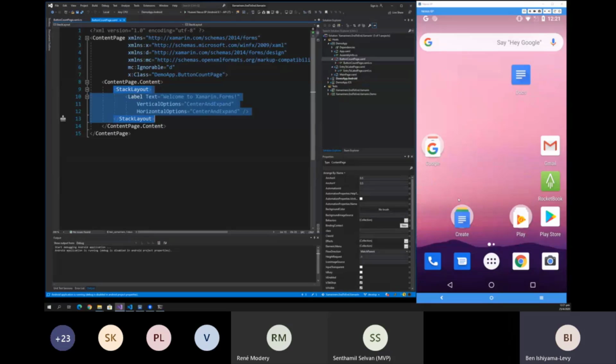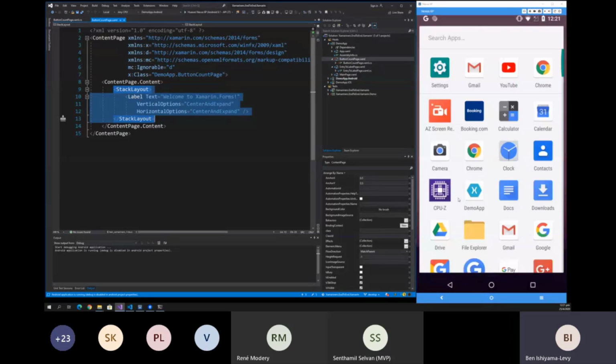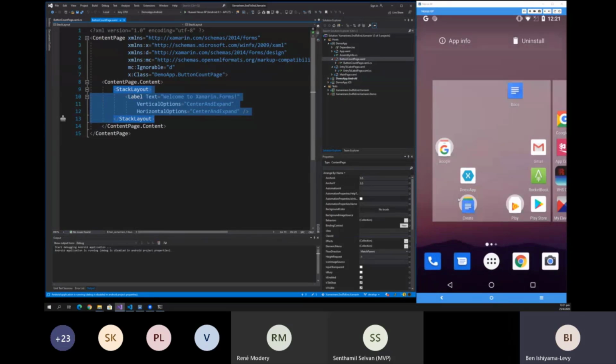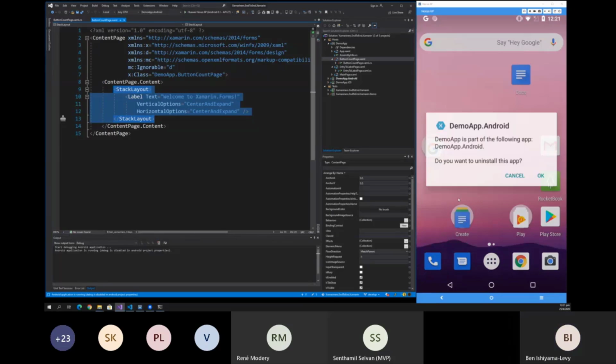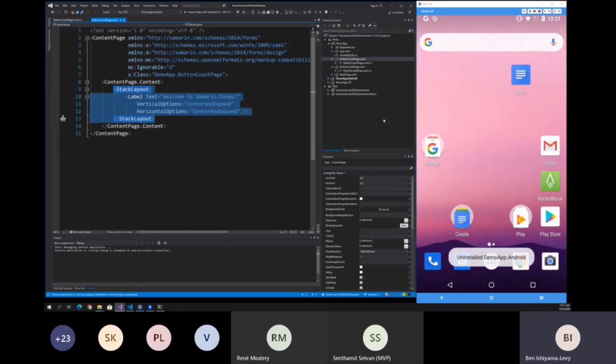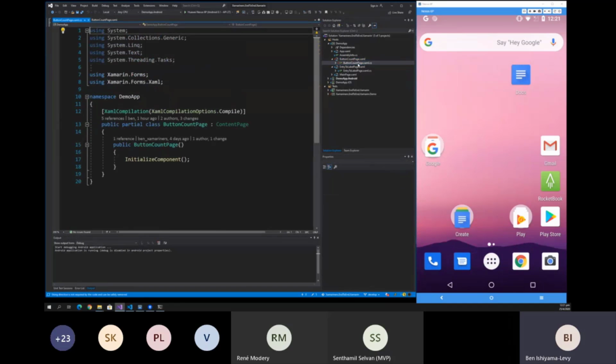Okay, that starts well. Welcome to the live demos. Let me uninstall this application first. That is looking at the device. Uninstall. Okay. What happened here? That is great. Okay, well, let's